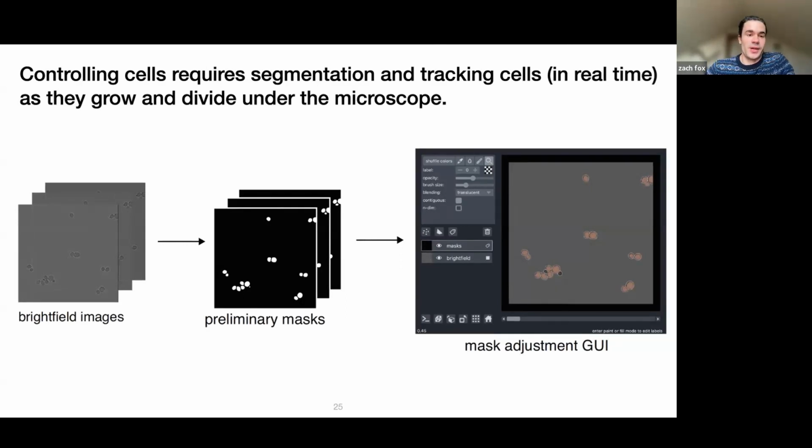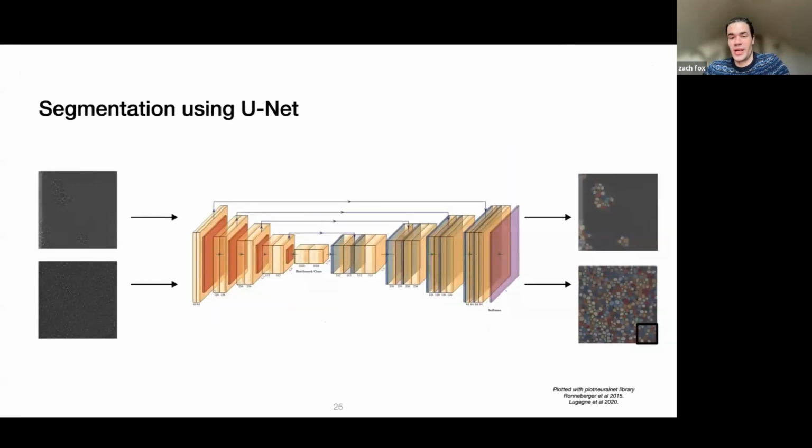So in order to track, we need to segment. And so this was sort of before, in the middle, I would say, of all of the revolution of the cell segmentation algorithms that are now widespread and really easy to use thanks to the work of people like Jean-Baptiste. So we took the bright field images, we built some preliminary masks, and then I made a little Napari based mask adjustment user interface where I could draw the masks that were missing, and then retrain UNet based on Delta, which again is from Jean-Baptiste,